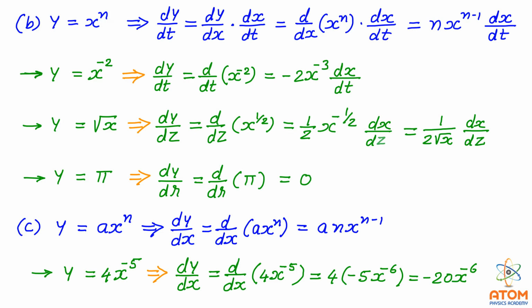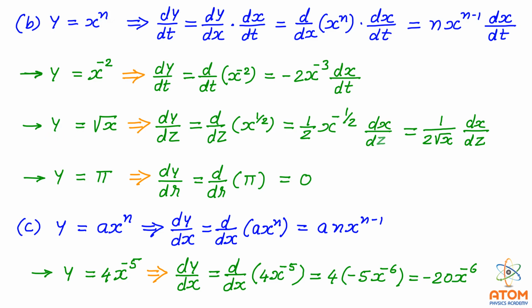Let us see an example for this. Y is equal to x raised to minus 2 is given, and we want to take dy by dt, that means differentiation of y with respect to t. That means differentiation of x raised to minus 2 with respect to t. Note that here we are taking differentiation of x variable with respect to the t variable. That's why here we have to use the equation as power into multiplication, that is minus 2, and power minus 1, that is minus 3, and then derivative of the variable, that is dx by dt.